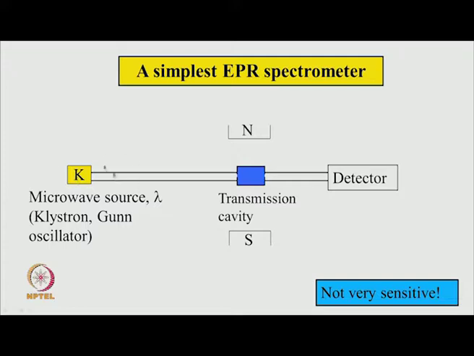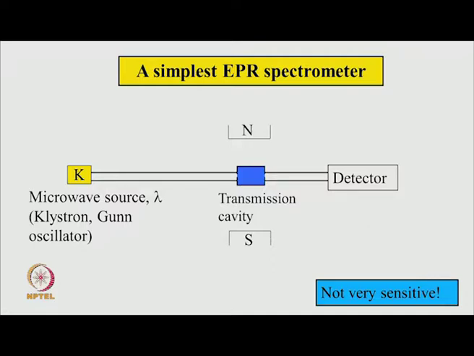Microwave power comes from some source, it could be a klystron oscillator or a GaN oscillator. The sample is kept inside a transmission cavity. So, microwave enters through this iris here and comes out, and again through a waveguide it goes to a detector, and this sample is kept in the magnetic field. So, by scanning the magnetic field one can see the spectrum, but this is not a very sensitive